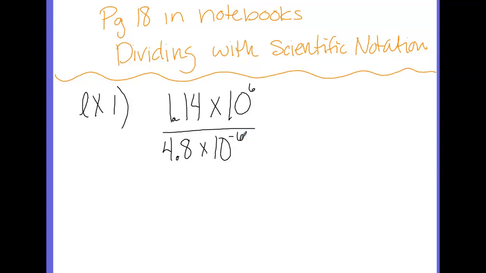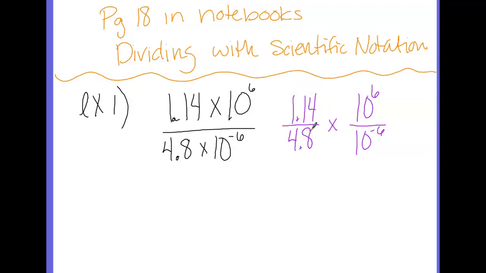Okay, we're going to do the same thing that we did before. We're going to group our like terms, kind of. So what are we going to put together? Our tens. So we have 10 to the 6th over 10 to the negative 6. Okay, we're dividing this time, so we have a fraction. But we have that fraction times, because there's multiplication in between them, our decimals,